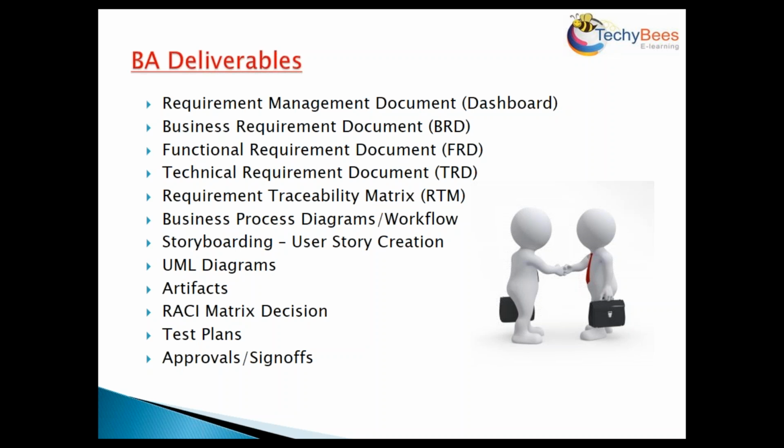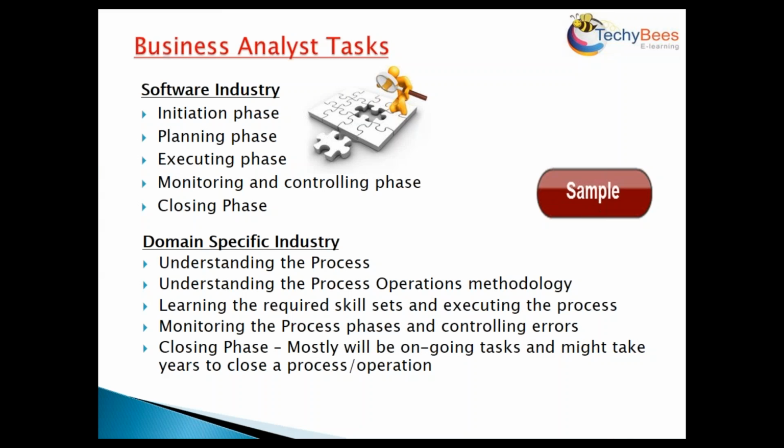We'll see in the career path, say after 5 years or 10 years of experience as a business analyst, you can choose your career path. You can either choose a non-technical career path or a technical career path. We'll see what those are. Other than that, there are various business process modeling diagrams, workflows, and storyboarding. How do you create user stories with acceptance criteria? It is very important, and that is the first level once you have a discussion with your external stakeholder or the point of contact your external stakeholder points to. UML diagrams, artifacts, RACI matrix, and RTM are also important concepts which we will be covering.